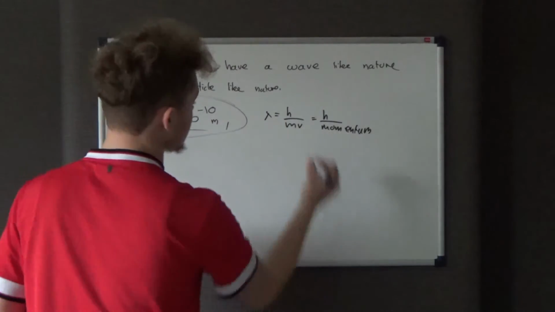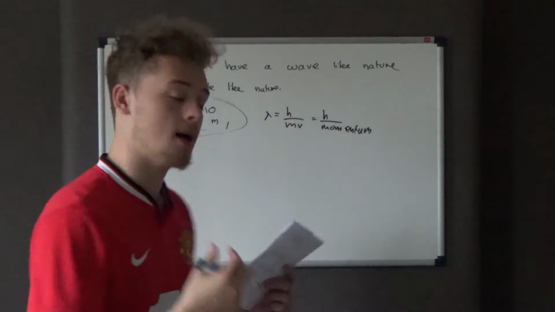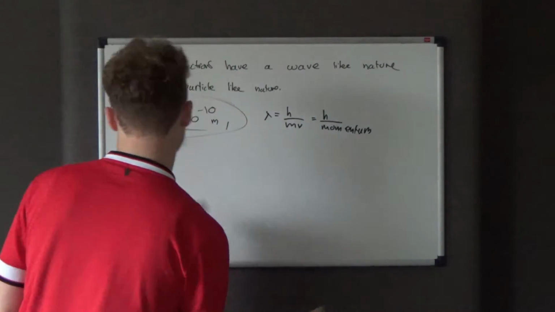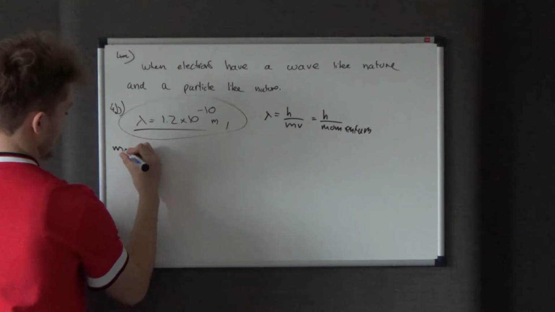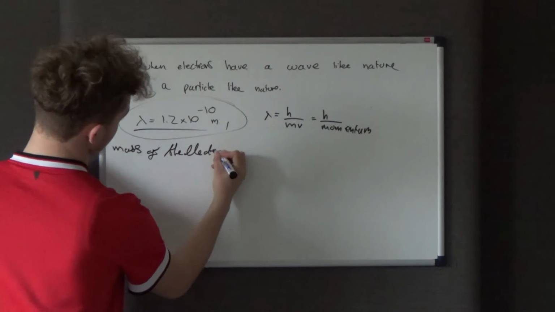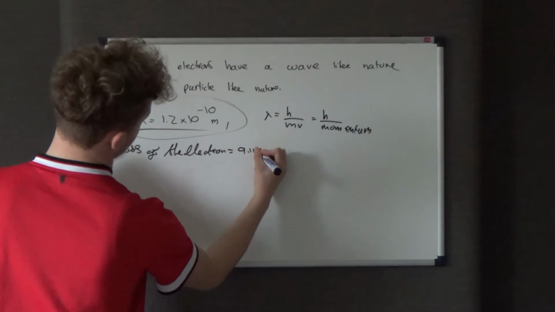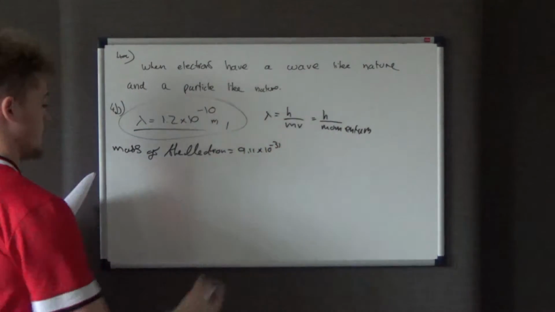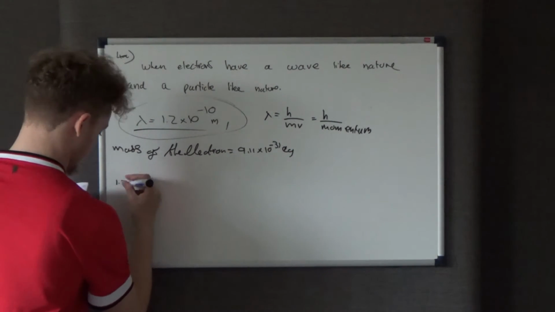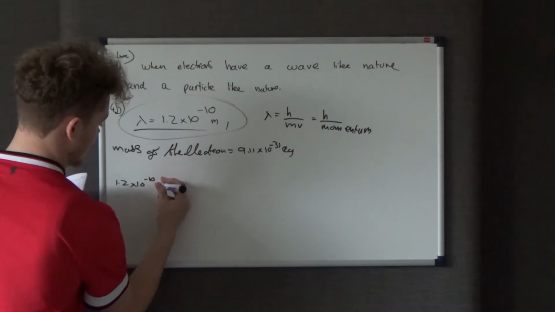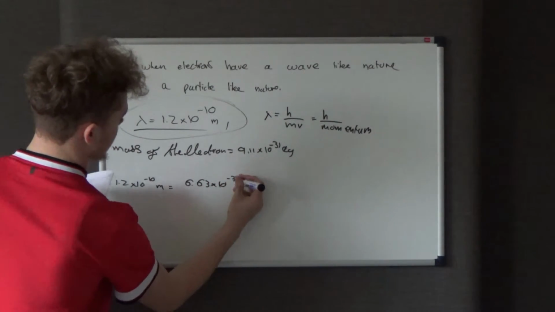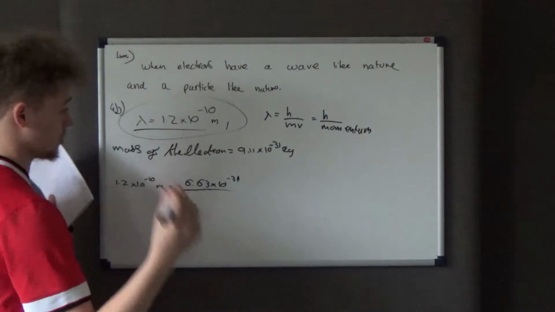So we've got the wavelength, obviously you know what Planck's constant is, which is 6.63 times 10 to the minus 34, okay, and we know the mass of an electron, so we might as well note that down as well. So the mass of the electron is 9.11 times 10 to the minus 31. Okay, so it's in kilograms. Okay, so lambda is equal to h over mv, so 1.2 times 10 to the minus 10 meters is equal to Planck's constant, 6.63 times 10 to the minus 34. You might as well note down what Planck's constant is as well, it's up to you,